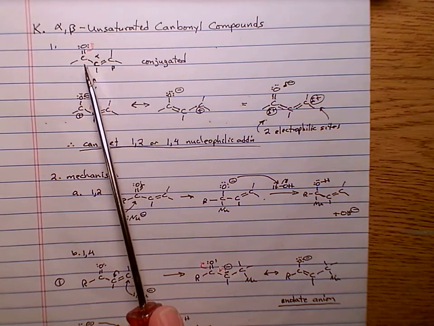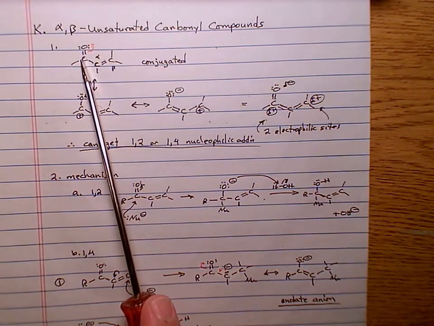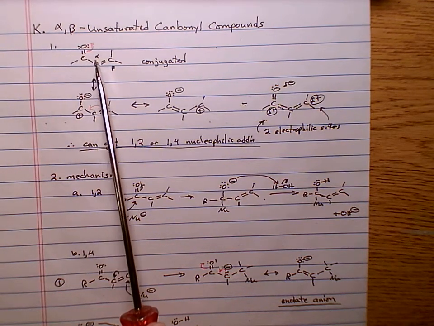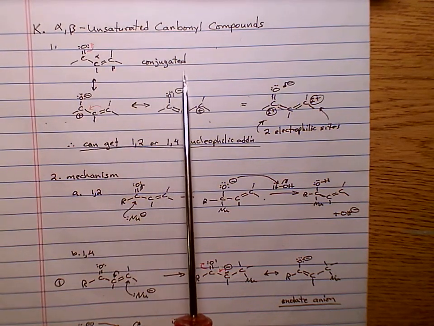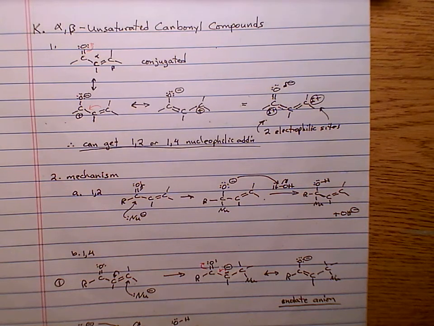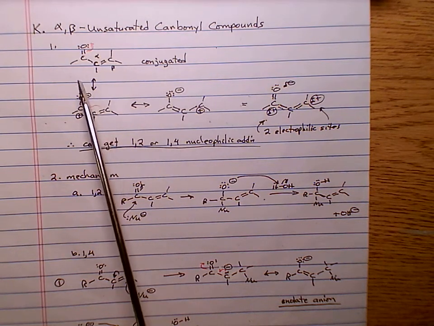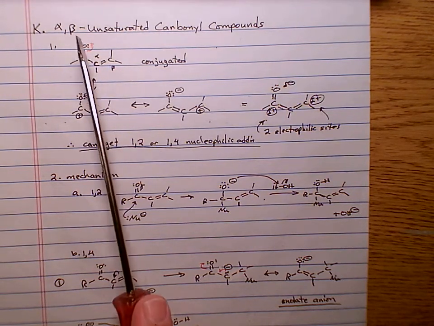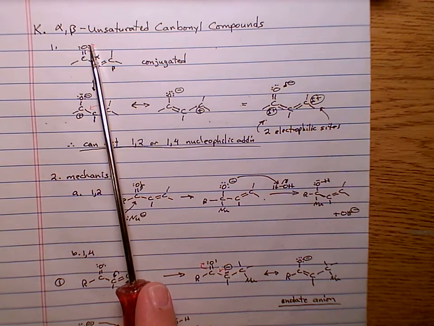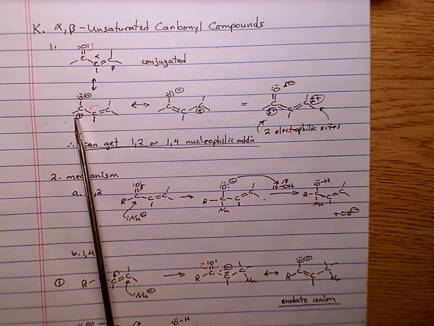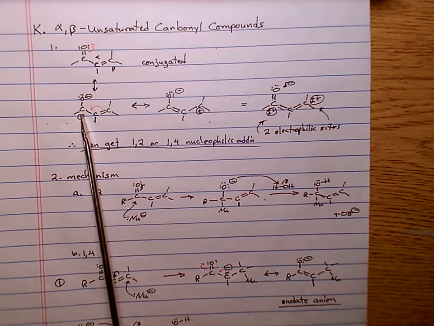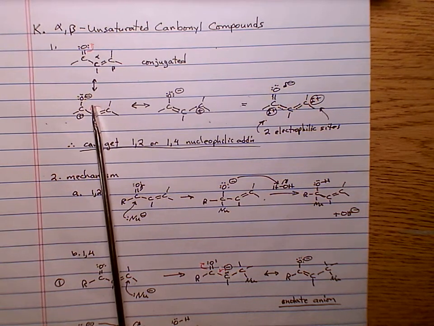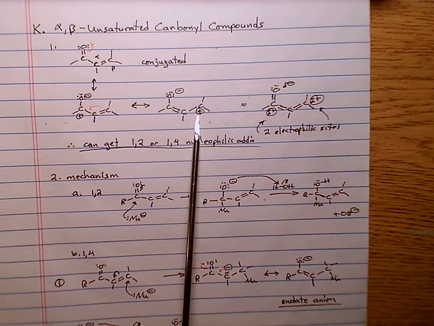We know this unsaturation starts alpha to the carbonyl, right next to the carbonyl. But note, double bond, single bond, double bond, this is a conjugated system, which means we can have resonance forms here. The double bond can come over, or the pi bond can break and put the electrons up here, giving a partial positive charge to this carbon. From this resonance form, the pi bond here can break and form a pi bond here, giving positive charge to